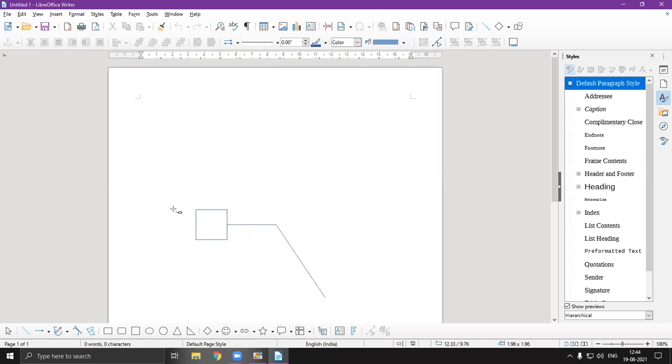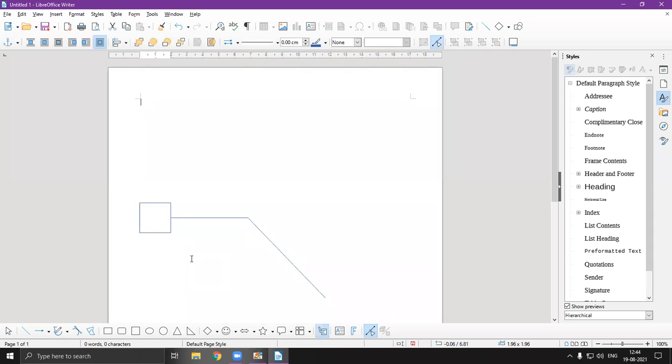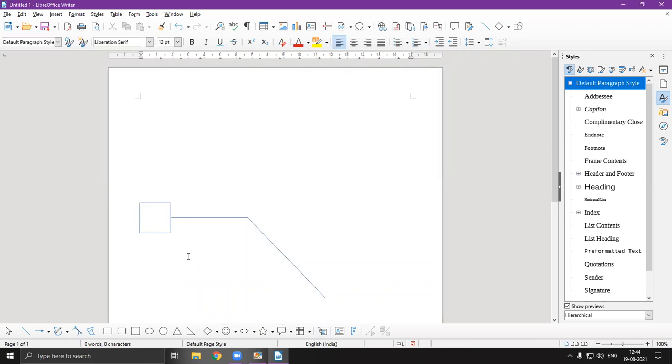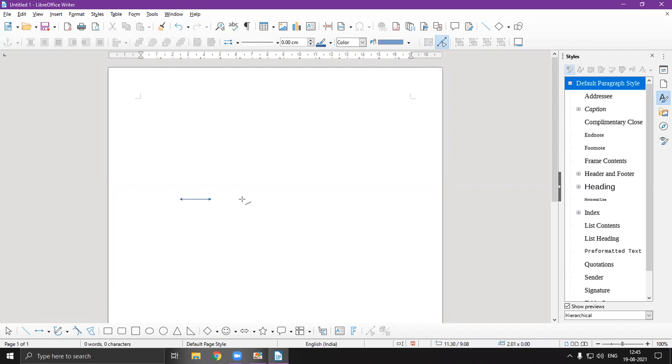So I can use these callouts to make my drawings. Okay, I am not going to use it now. Here you will find Insert Line, lines and arrows. If I click here, I will find arrow directions, the line with arrows, the line with arrow square, and so on. So you can use them accordingly. I'm not going to show you how to use it because it's very easy. What you need to do is select here and just drag it down. That's it. Here it is.